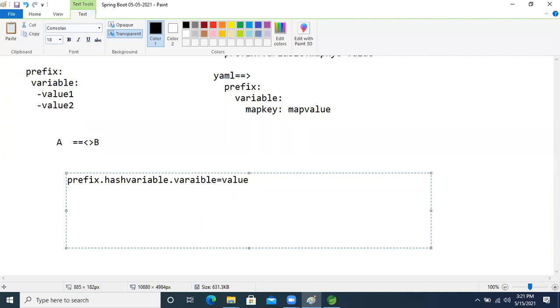What about the YAML file? The YAML file will be prefix colon, one space, has-a variable, again one space, variable colon value. Like this we will write, guys.